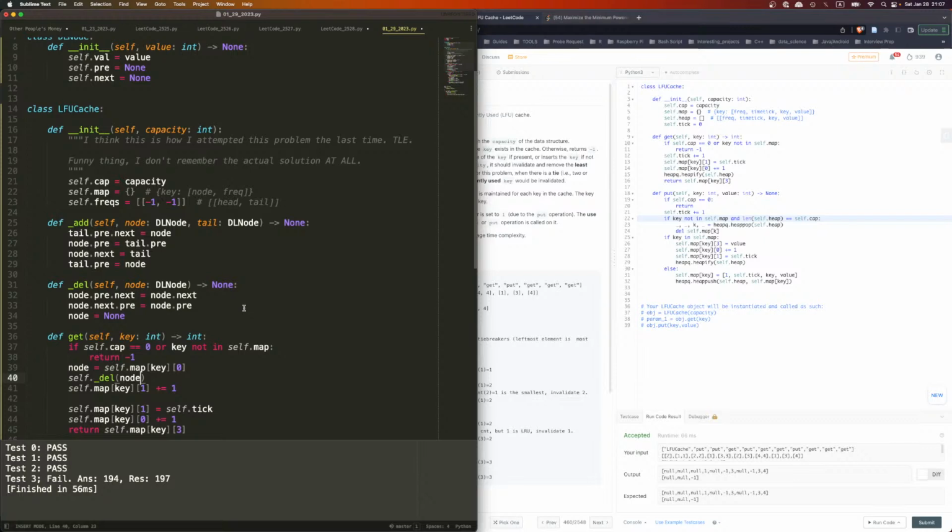All right. Where are we? We deleted a node, right? And we don't really need to know where it is because it has the pre and post. So we just need to delete it. And then we increment its frequency. And then we need to say, what? Say if